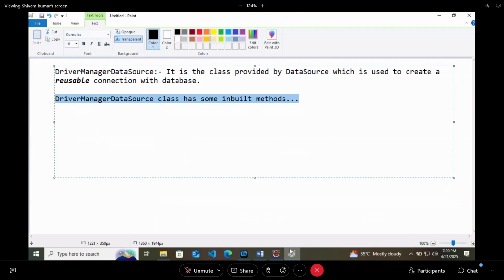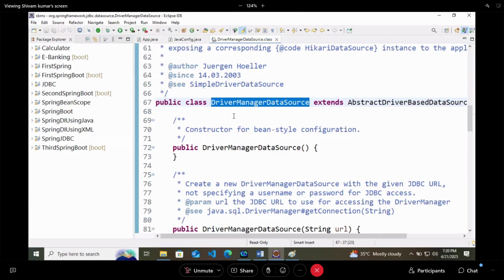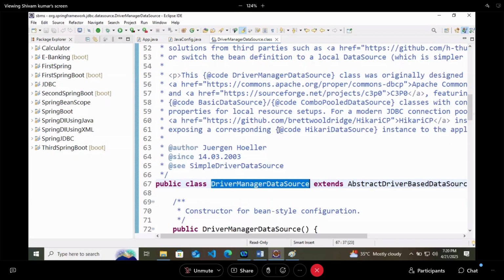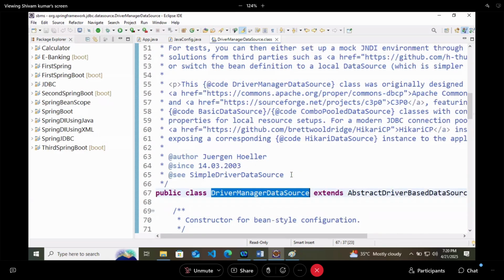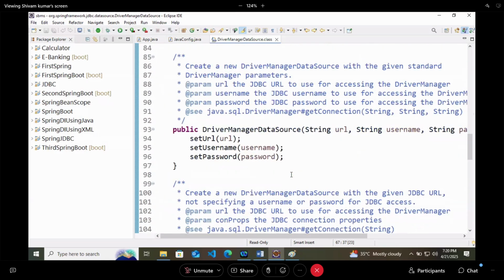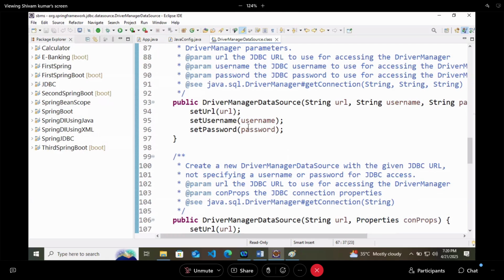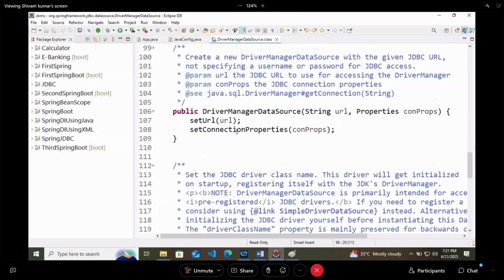In normal JDBC, the first part was to set the driver class name. And now this is the particular DriverManagerDataSource class which has some methods like setUrl, setUsername, and setPassword, right?